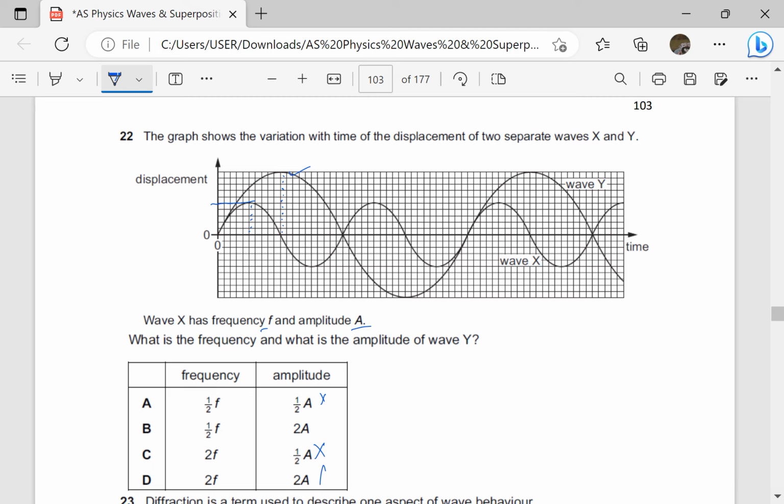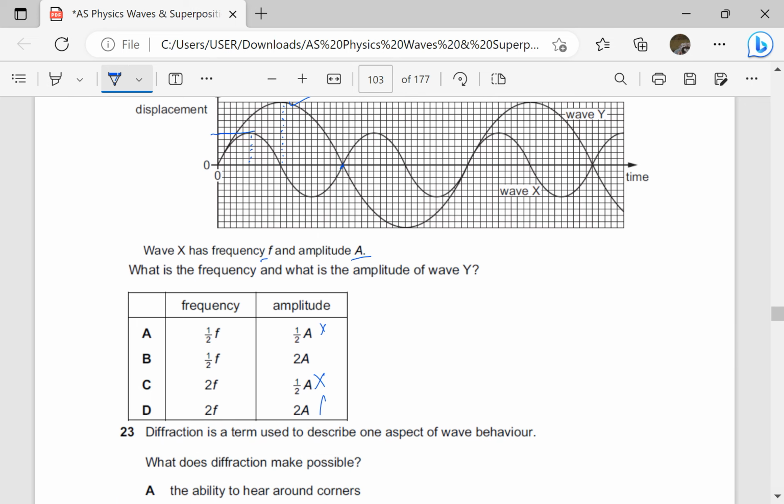Then we can check the frequency. You notice that the frequency of wave X is f, and there is a full cycle in half a cycle of wave Y. So it means the frequency of wave Y is a half of the frequency of wave X. If frequency of wave X is f, then frequency of wave Y is less than f. It is actually half, because a full complete cycle of wave X fits in half a cycle of wave Y. So the frequency of wave Y is going to be a half of f,